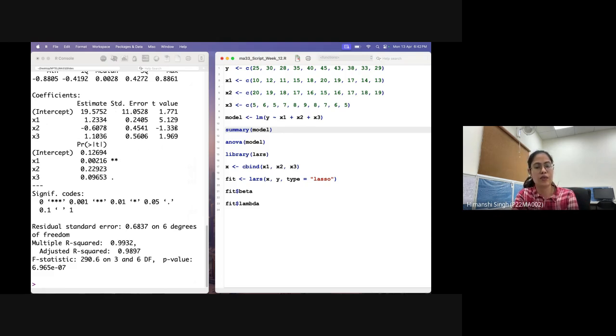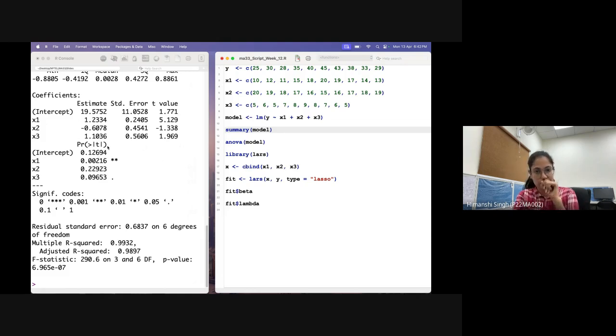We also have the value of the test statistics. When we considered hypothesis testing, the distribution of the test statistic was the Student t distribution. We got the values of the statistics, and here it is called the t value. So these are the values of the test statistics, and these are the p-values here.